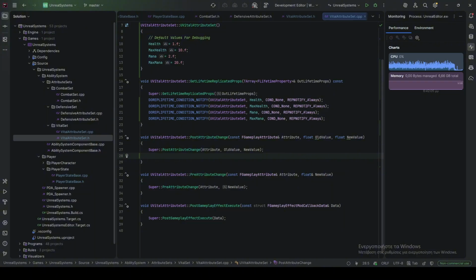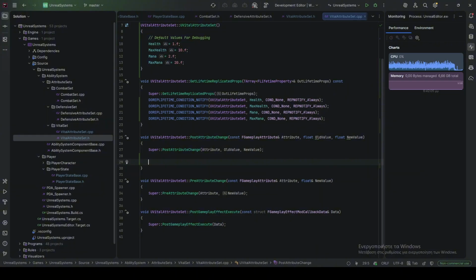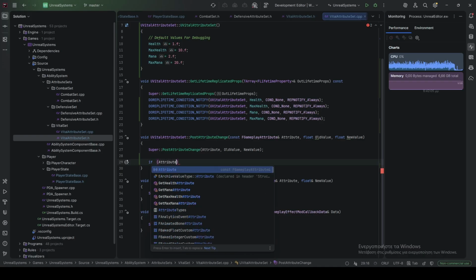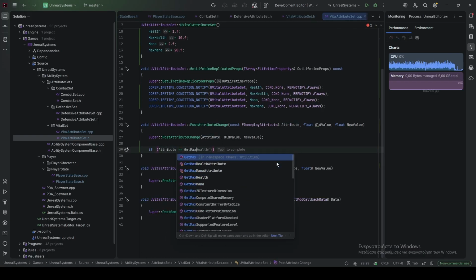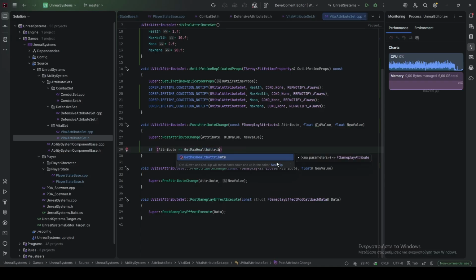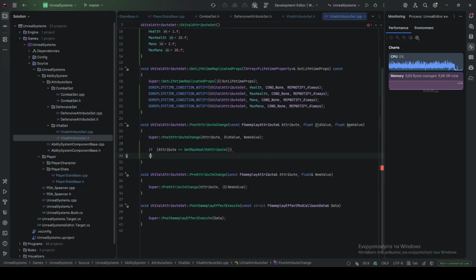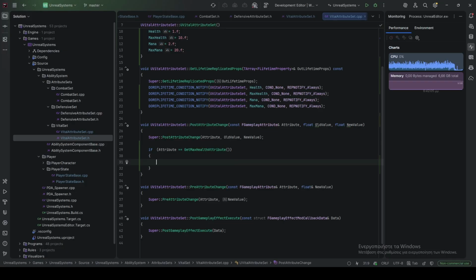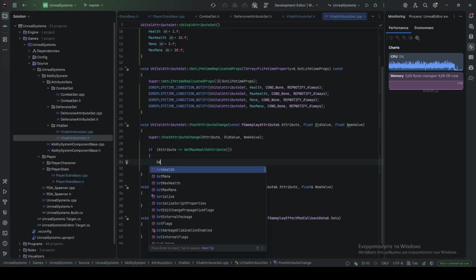And if I was unequipping, the attribute of health, not max health, the current temporary health attribute wasn't getting clamped. So what I found was in the PostAttributeChange, I was saying if attribute equals GetMaxHealthAttribute, if it was that, and that means the attribute that is changing is the max health, then I was